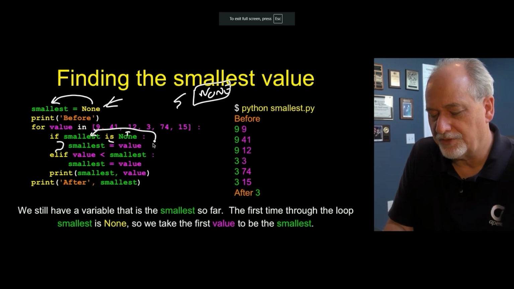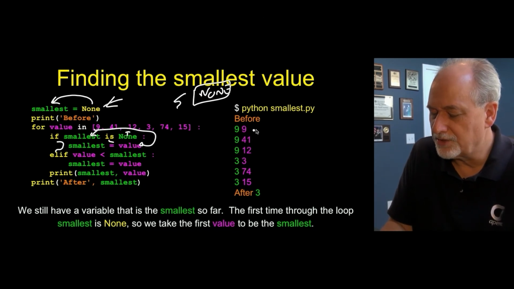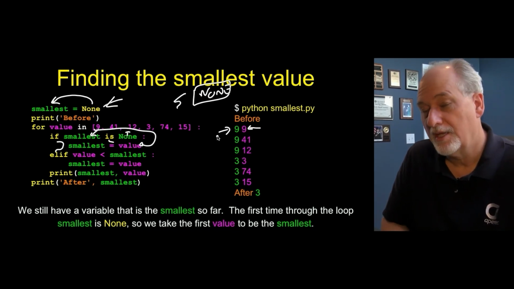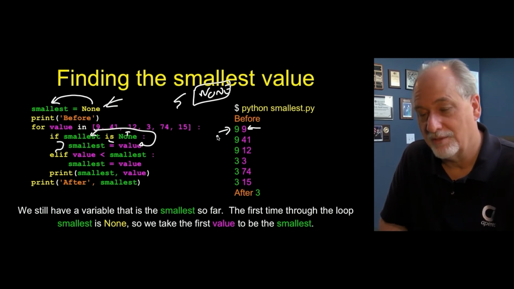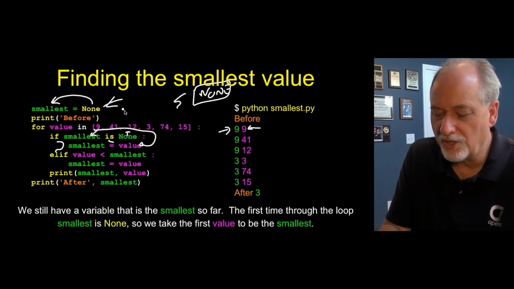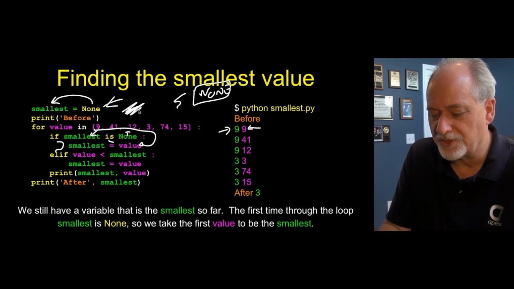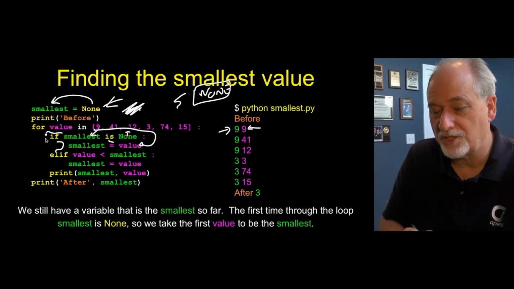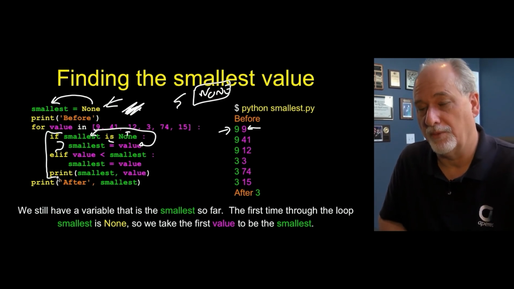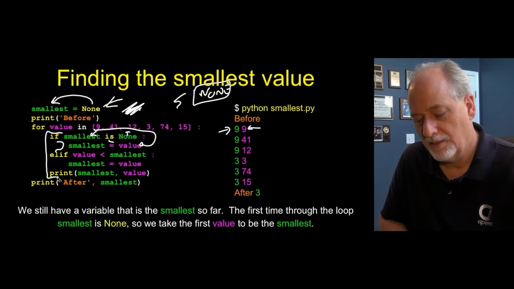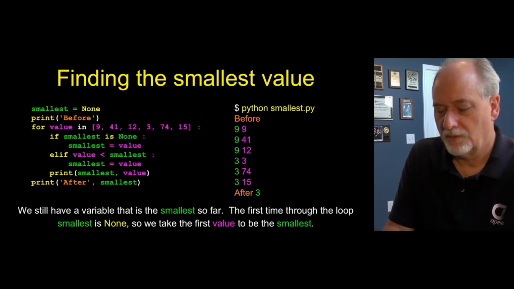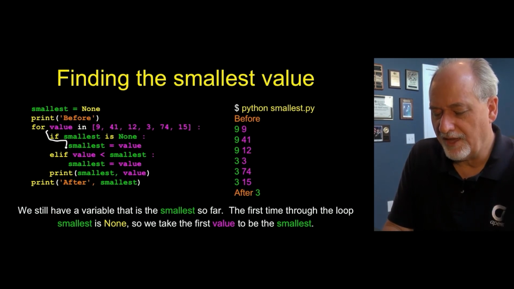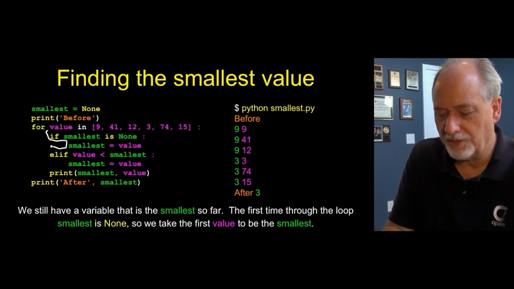Copies this first value, which is 9, into smallest. And so we see a 9, and the smallest so far is 9, which is the first value. And again, we're assuming we don't know what the first value is before the loop starts, so we use the first iteration through the loop as the moment where we capture that. Okay? So, smallest is the value, and then we print it, and we go back up, and now it runs again with